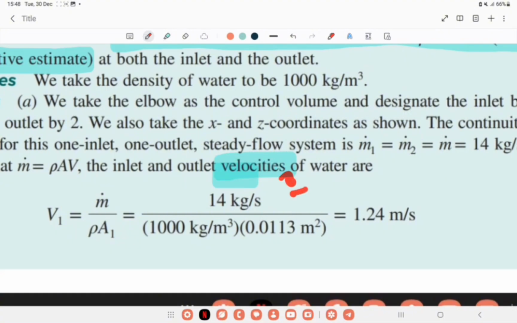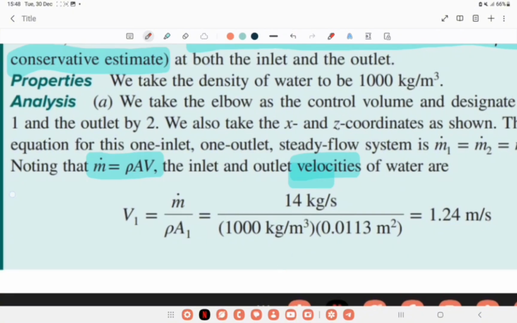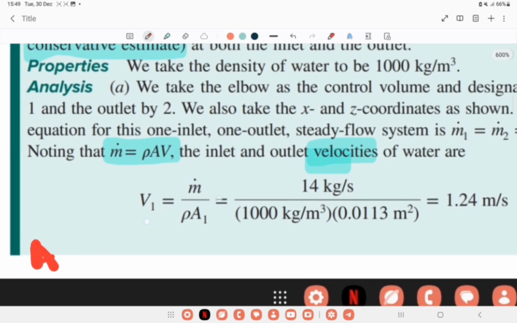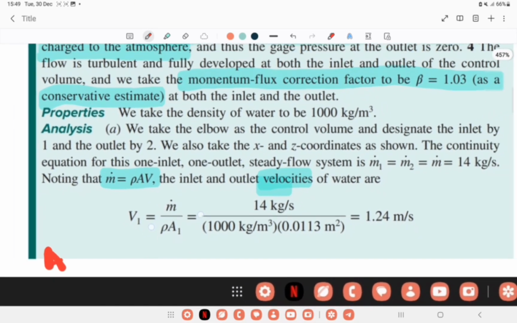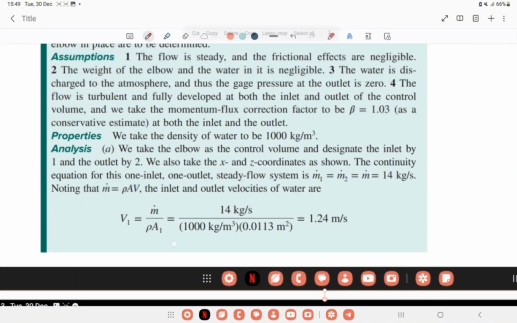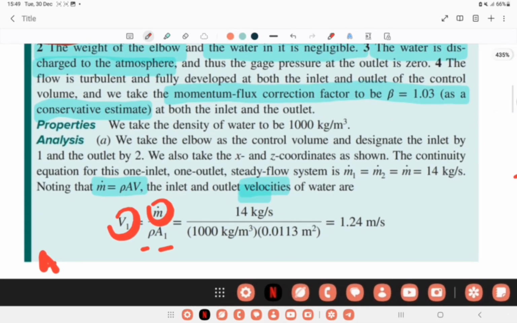If we need to find the inlet and outlet velocities, we need to apply the continuity principle. The continuity equation is: mass flow rate is equal to density multiplied by cross-sectional area multiplied by velocity. To find the inlet velocity, we rearrange the continuity equation. The inlet velocity is equal to mass flow rate divided by density multiplied by inlet area. After substituting, the final answer for inlet velocity will be